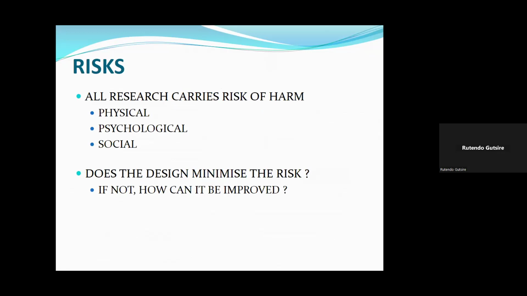Risks are some of the things that the ethics committee looks at, I've talked about this: physical risks, psychological risks, social risks. And does the design minimize the risk? And if not, how can it? So these are all the things that the ethics committee members look at. I'll give you a simple example of psychological harm. There's a protocol that came for review, and they wanted to interview people who had done an HIV screening. This was when we didn't have drugs rolled out to everyone, so there was a lot of stigma. And the protocol was approved.